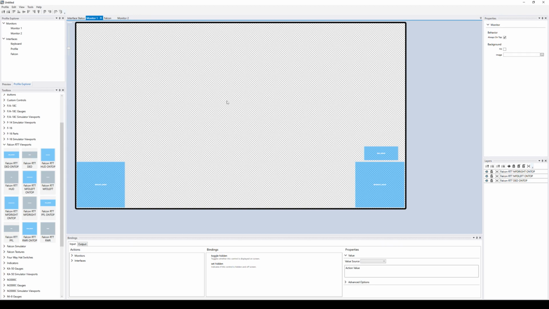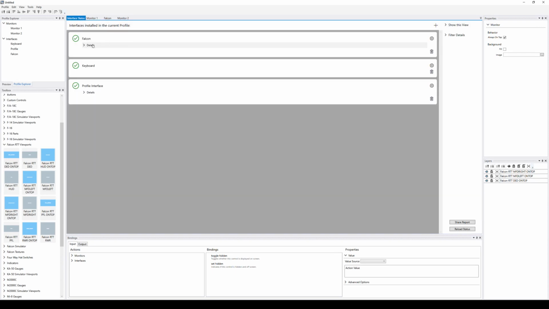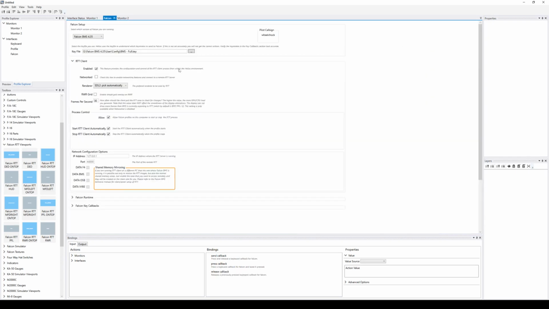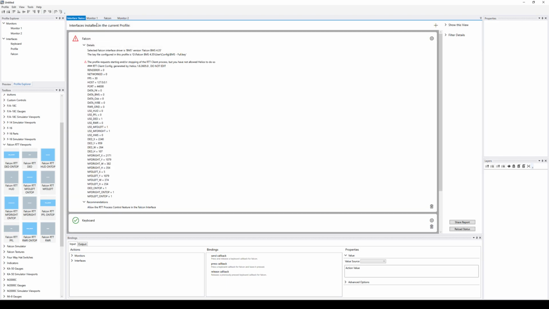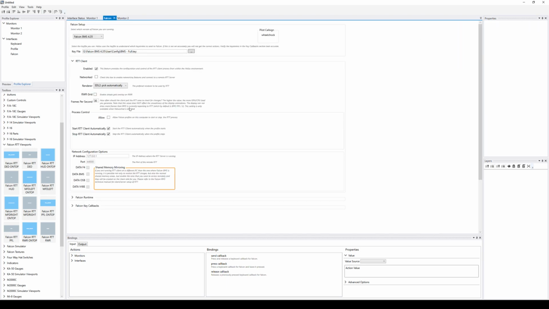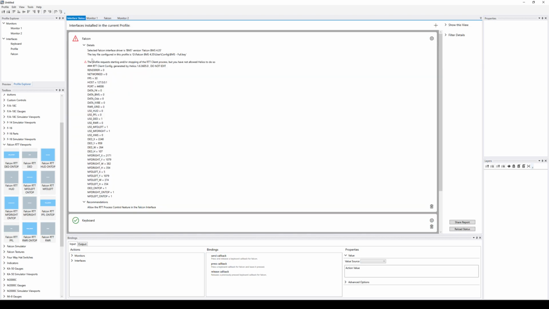And if the profile you're running doesn't have the RTT allow to start and stop, but you have start and stop client,